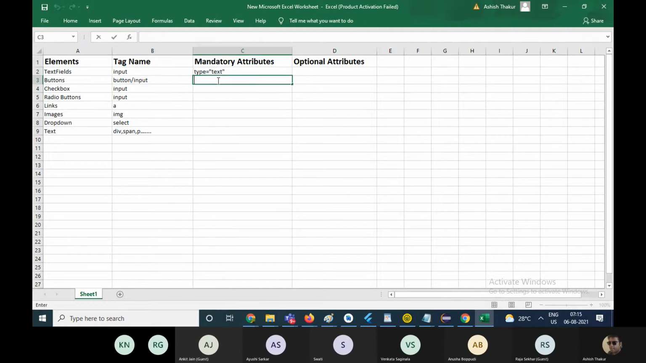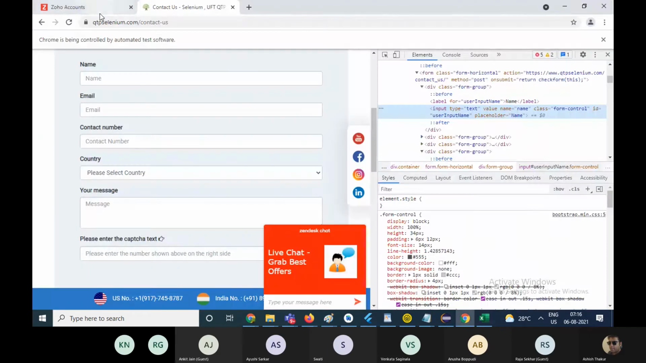In case of a button, the type becomes submit, or sometimes the type is also button. So the type attribute is always there. In case of a checkbox, the tag name is again input, but the type attribute would be equal to checkbox. Like over here,